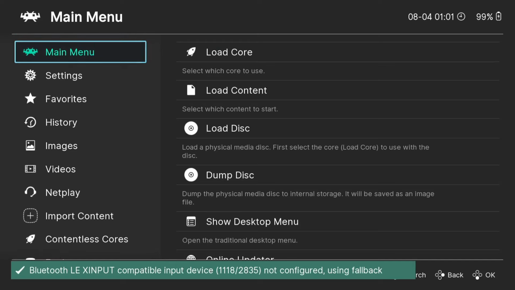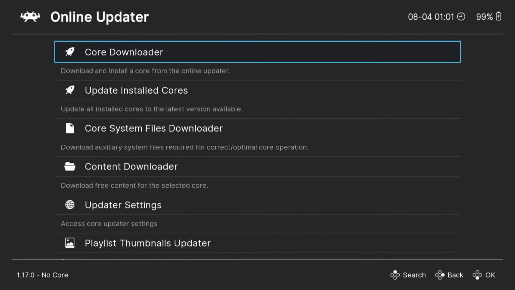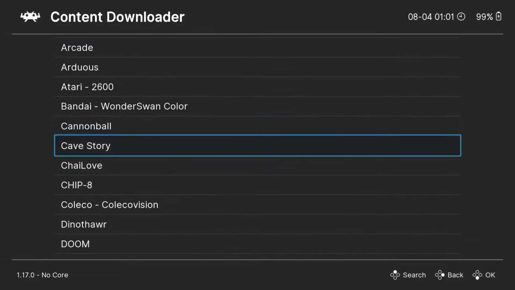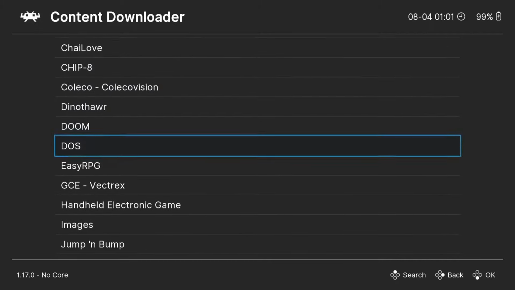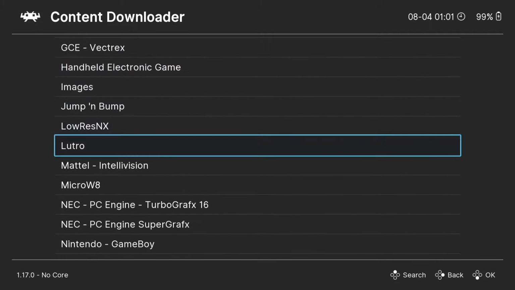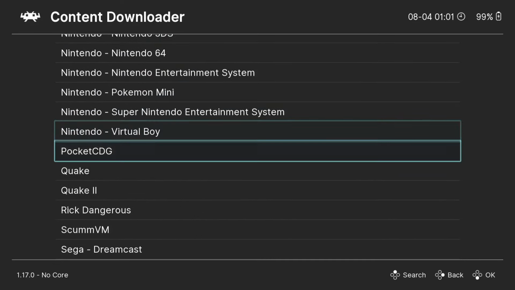And there we go. So we've got other games we can download for free also in RetroArch. It's just a case of going to online updater, content downloader, and there are other games here too. So not only is there Doom, which is actually a PC port of the game, which is quite likely one of the best of the original early 90s Doom, but we've got other games in here we can download too,